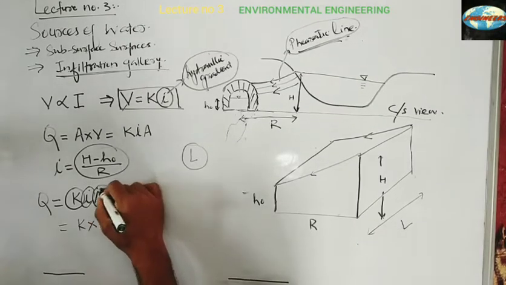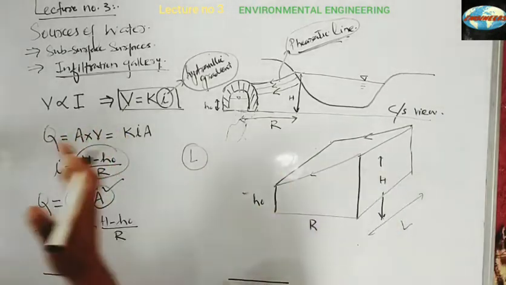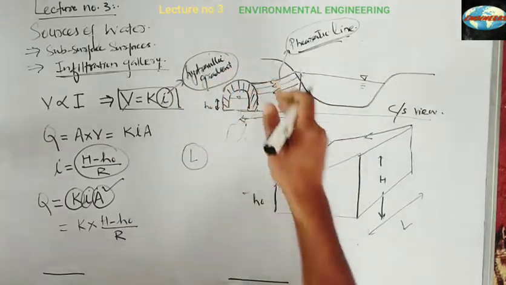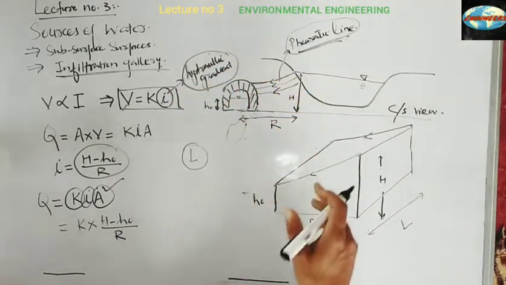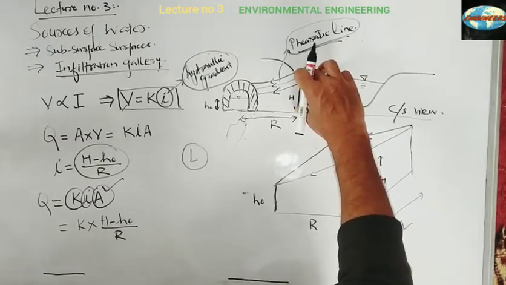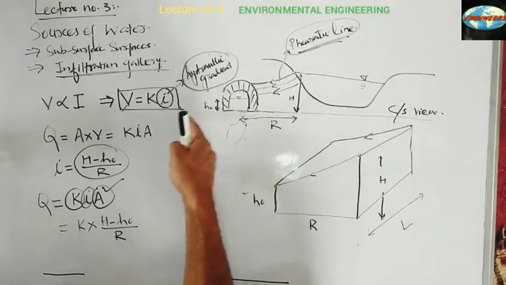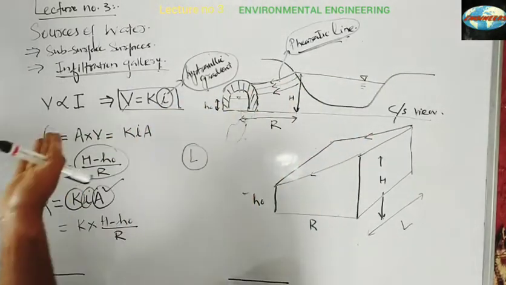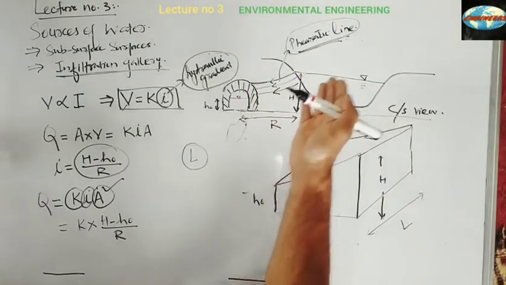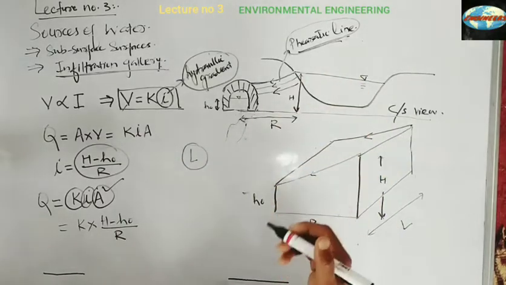Now this is the area through which the flow is actually occurring, the area of the soil sample through which the flow is occurring. Now you have more area over here. As you go away from this, there will be a drawdown curve, and it will be decreasing. The phreatic line, if we talk about the phreatic line of a dam, is parabolic in nature, so it's very difficult to analyze and go into that analysis.